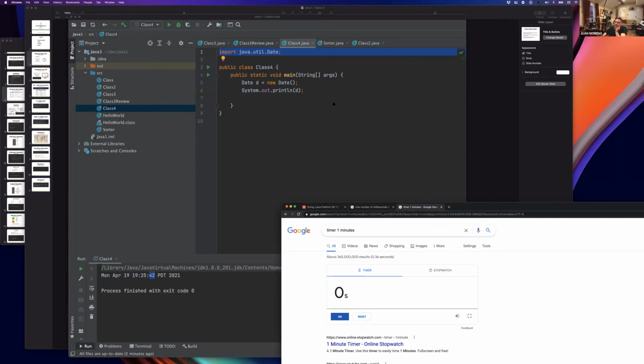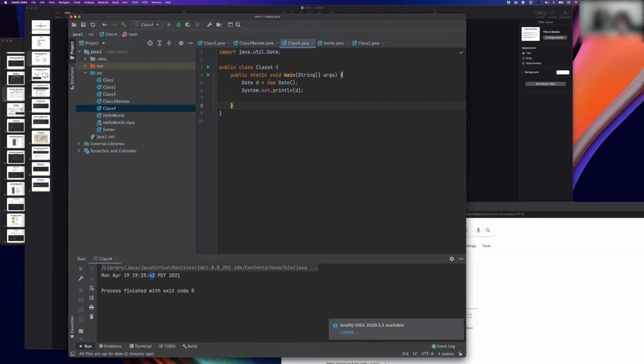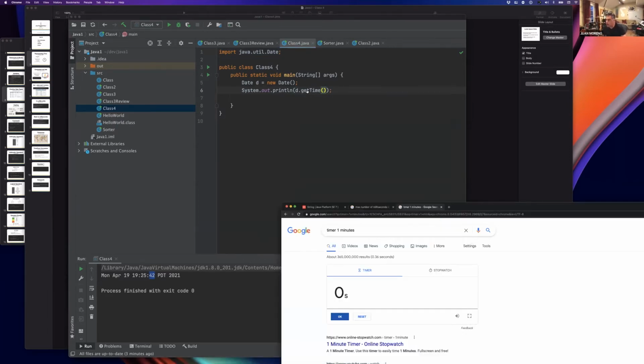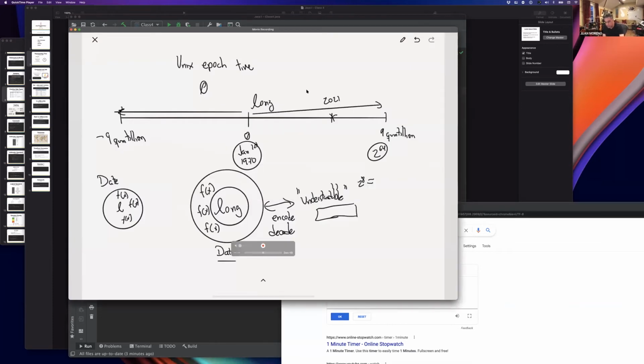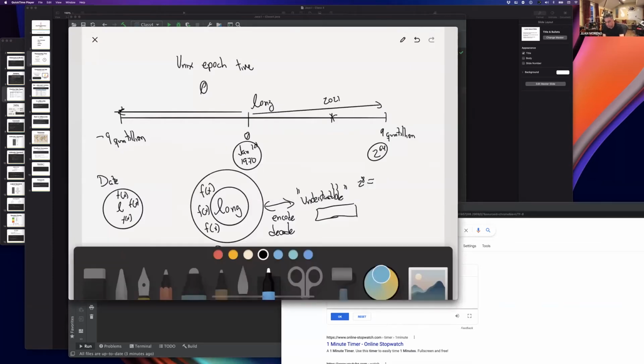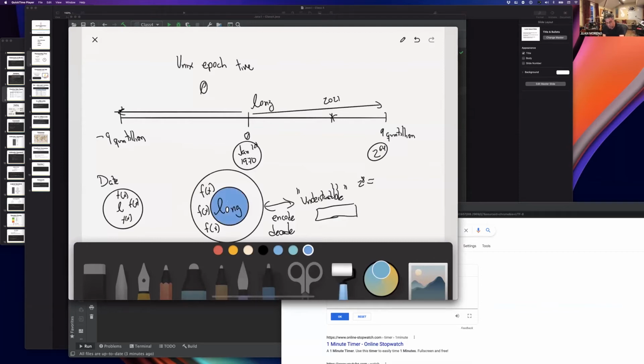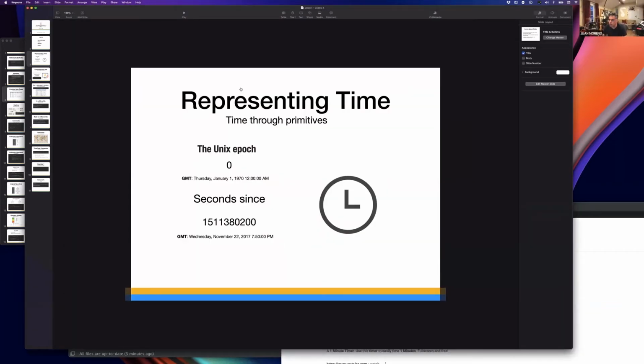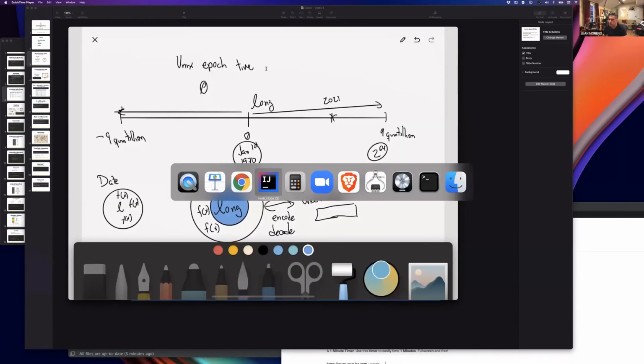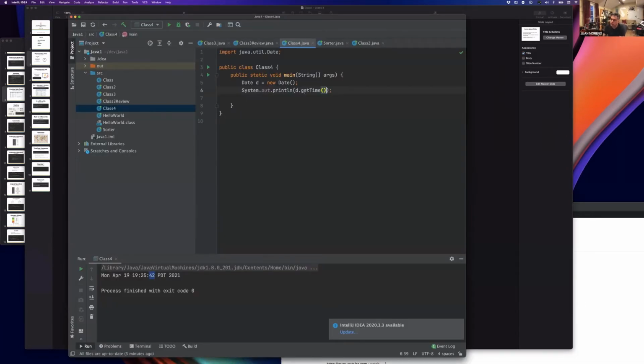So we created a date with just creating that object. But then what would happen if we did d.getTime? Essentially, when we do d.getTime, we are accessing the long that is being stored by the object. So we know that when I don't use a constructor, like right now, I get the new date, and then d.getTime